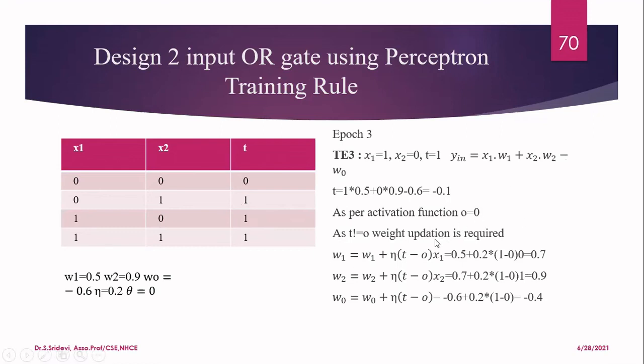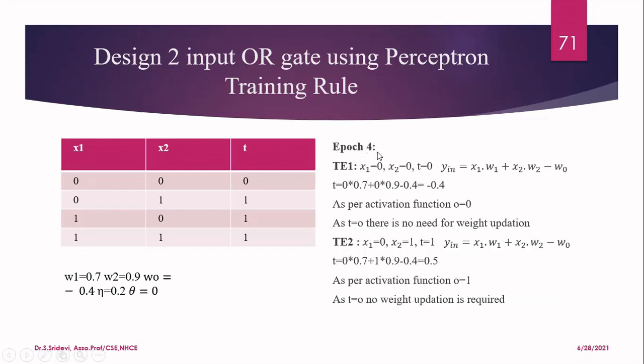So let me update all the 3 weights, W1, W2, and W0. They are updated by applying this formula. And in this, I have to consider the new weight. Since I have updated the weight, don't consider the training example TE4. Go to the next epoch now. So now I am starting epoch 4. In epoch 4, I have to now apply the new learned weights to training example 1, training example 2, and so on until there is a match. I have to continue. When there is no match, I have to stop.